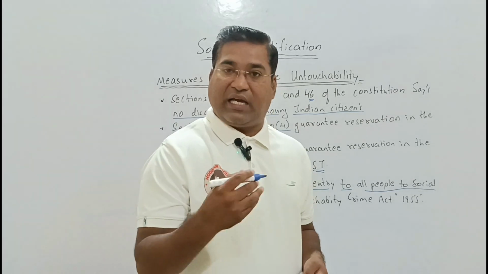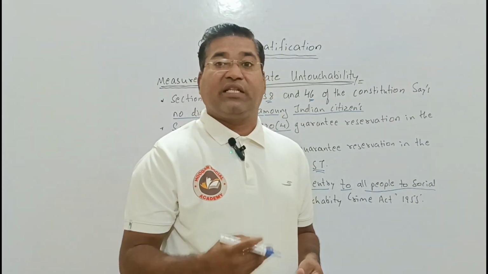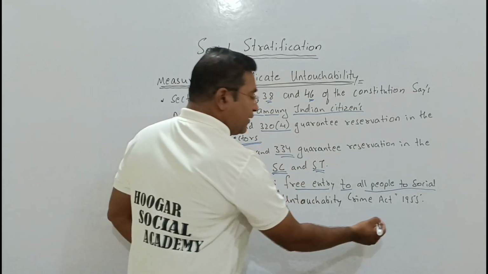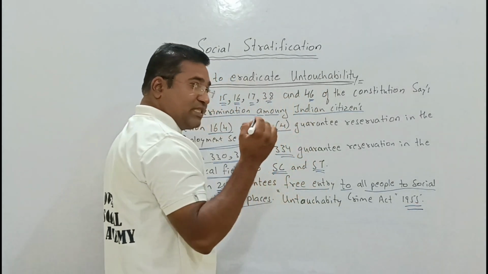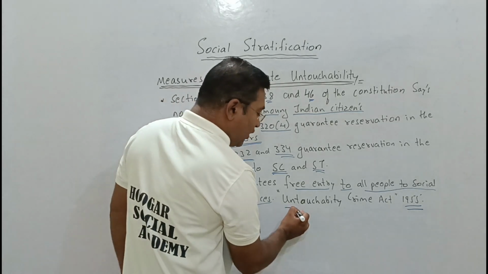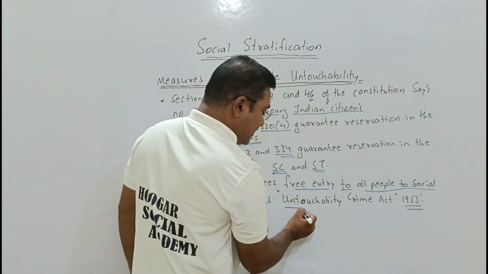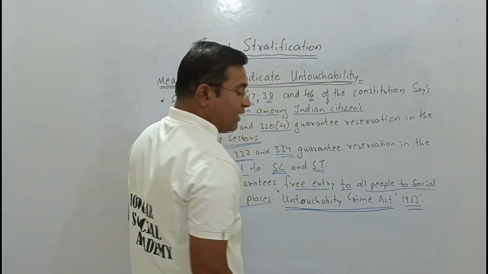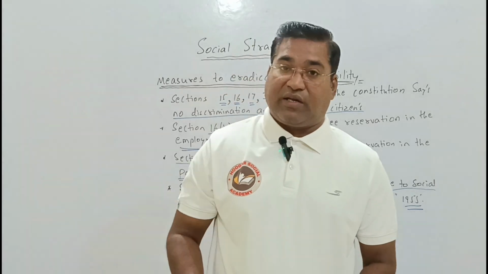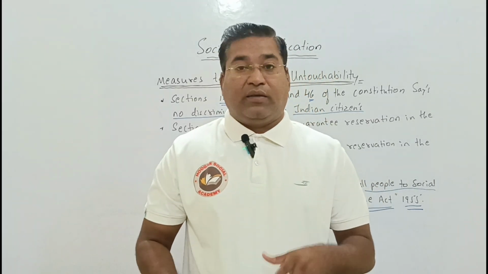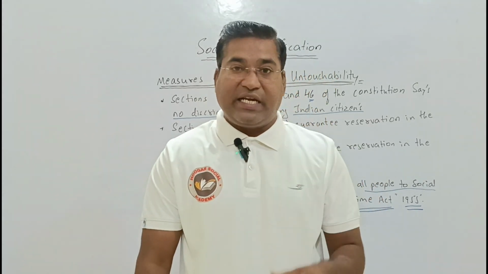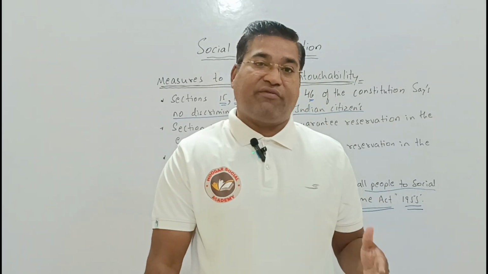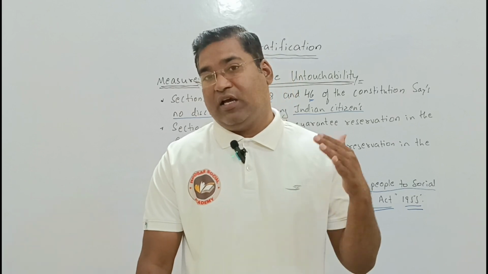If it is a fair, they are allowed. If religious functions are being held, they are allowed. Section 25 guarantees this. Moreover, in 1955, the Untouchability Crime Act was brought up, which says that practicing untouchability or such differences is a crime. Even the state government has to take proper precautionary measures regarding any sort of discrimination found in society.